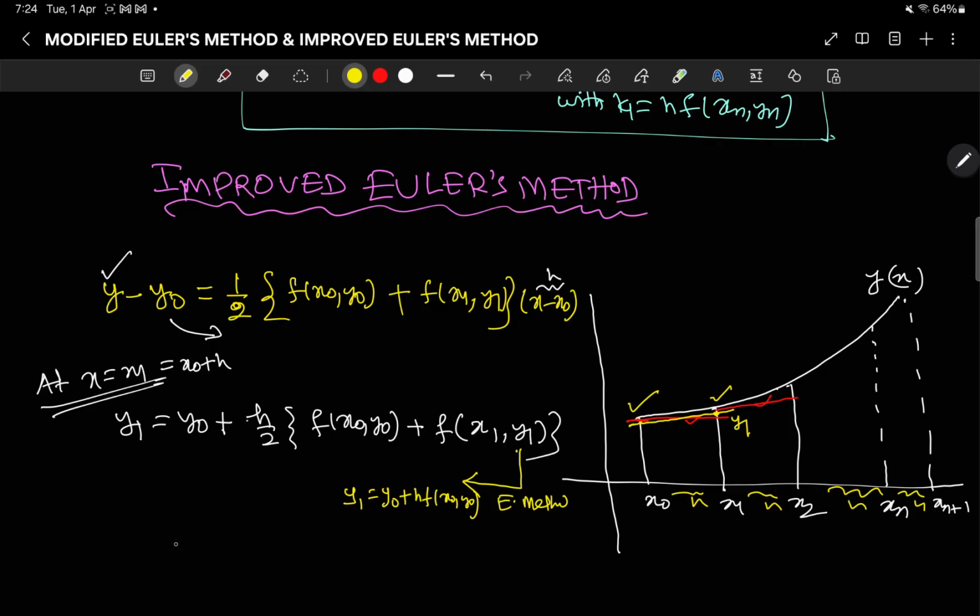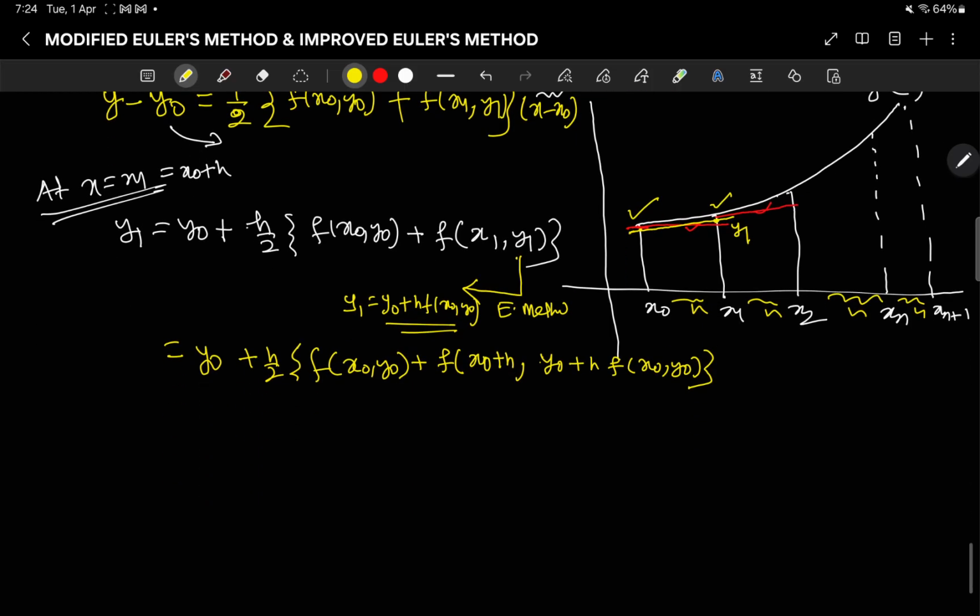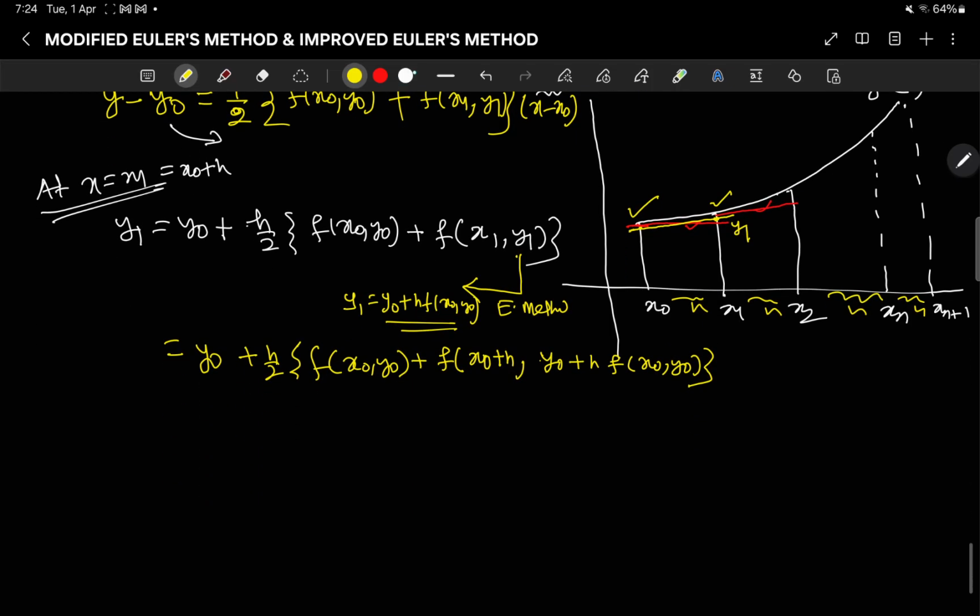So if I substitute it, I am getting y0 plus h by 2 [f(x0, y0) plus f of x1], or x1 can be written as x0 plus h, and here y1 is replaced by y0 plus h f(x0, y0). If I continue in this way, my yn plus 1 will be